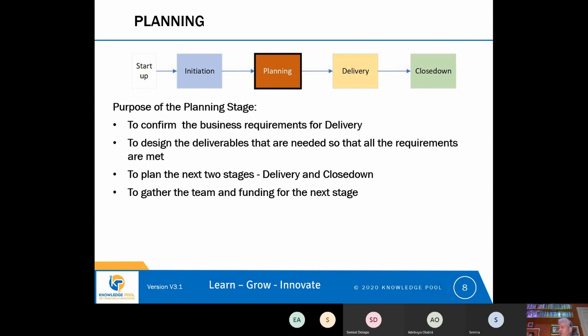We'll see this with our CRM software, that within CRM software, there are lots of different functions that you might do. There are some sales functions, there are some marketing functions, there are some collaboration functions. So the project might say, well, let's make sure that we've got a sales requirement, a marketing requirement, and a collaboration requirement. And hopefully that way we can avoid picking a CRM solution at the planning stage that can't meet